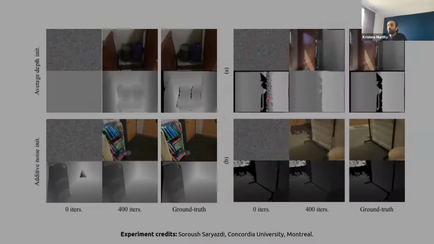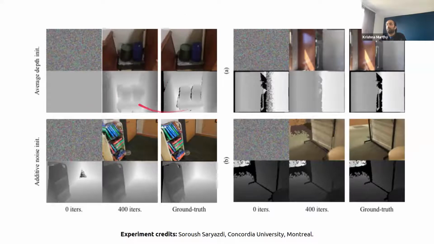So we actually have a few more results that we ran for longer in the paper. In this case, we put up both the RGB and depth images, and we try and recover them from ground truth reconstructions. And in most cases, we're able to recover very accurate depths and colors, and also portions of depths that are missing in the initial depth map. So this depth map has no representation for this patch, but by pulling in information from the other views and backpropping through the SLAM system, we're able to figure out what depths these pixels might be. So we're compensating for sensor data that might be corrupted or absent.